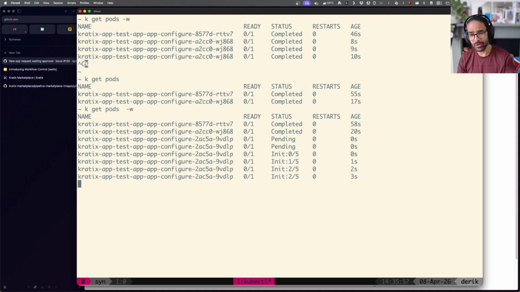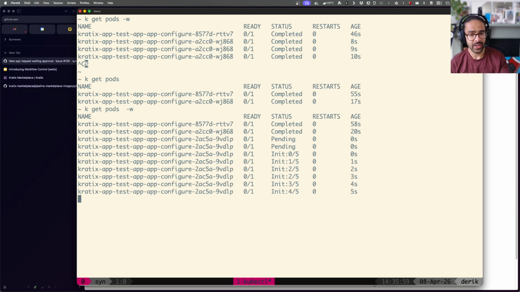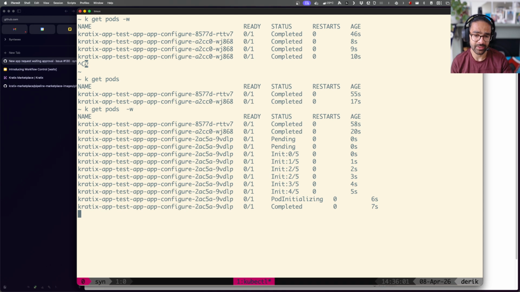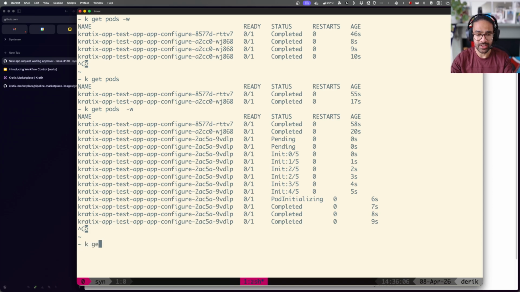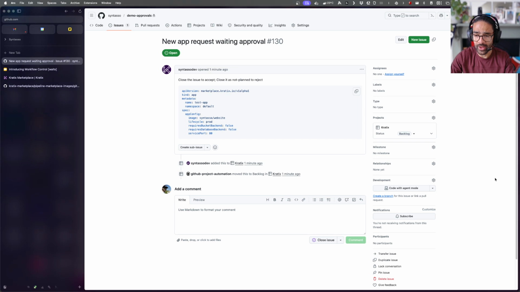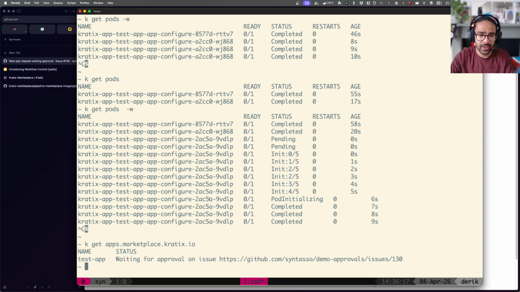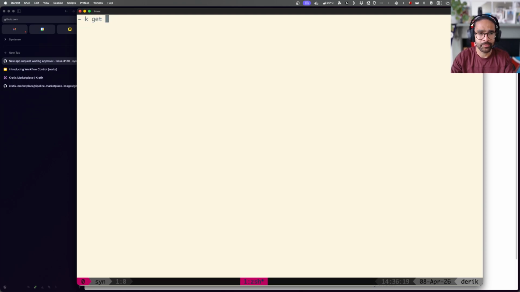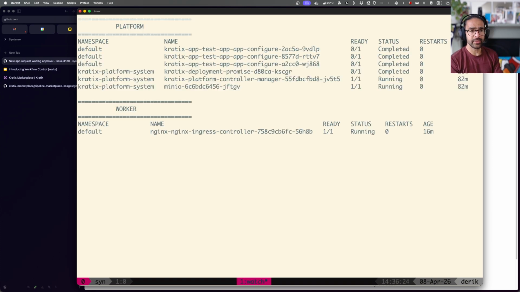So here you go, the pipeline is going and doing the checks, and it's going to verify, okay, has it been approved? It hasn't. We'll try again in a period of time. So you can see that my application here is still marked as waiting for approval. So let's go ahead and approve it. To approve, all you need to do is close this issue, because that's what the stage looks like. And now what Kratix will do is re-execute the pipeline again after that period of time, right? So once again, the pipeline will come up,